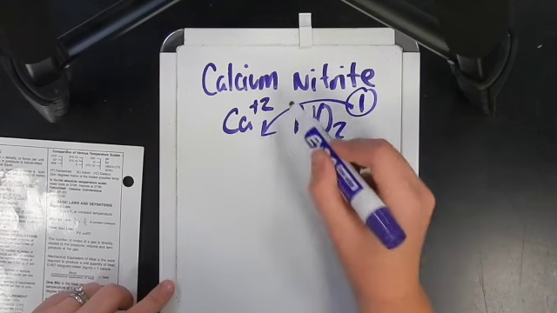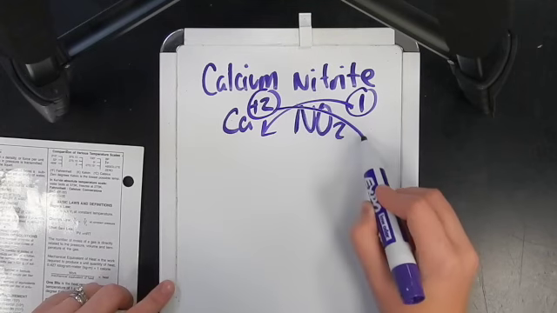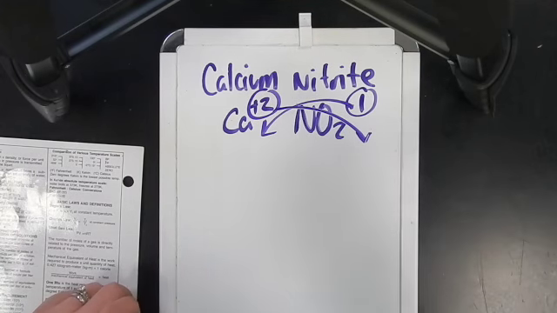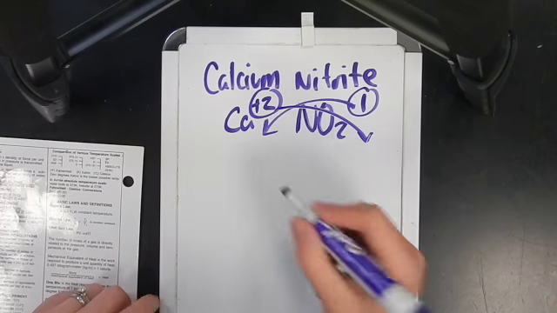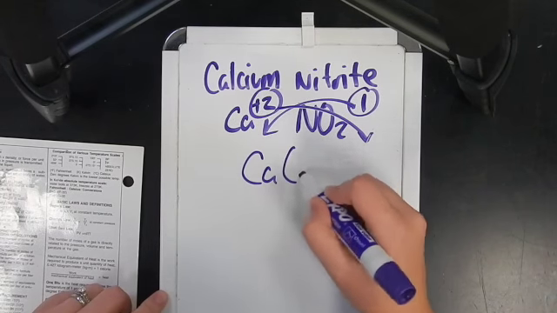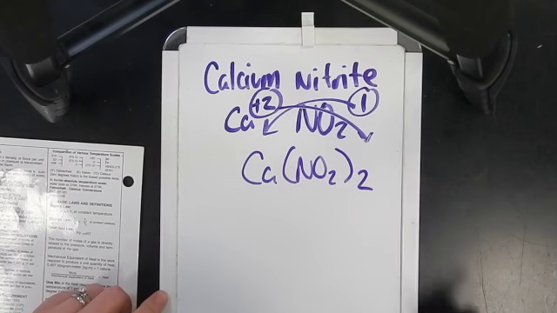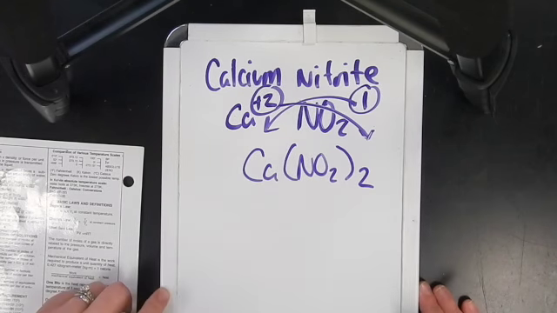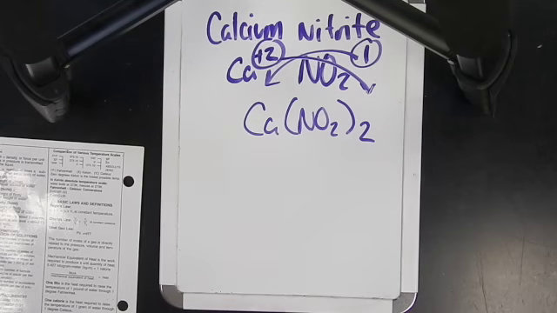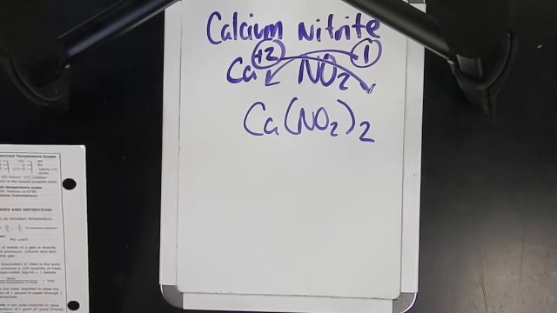That 1 is going to go with calcium. That 2 is going to go with NO2. Now, since we don't mess with polys, we have to put it in parentheses. So that would be Ca, NO2, and then put the 2 that we crisscrossed outside of the parentheses. So if we do another example,